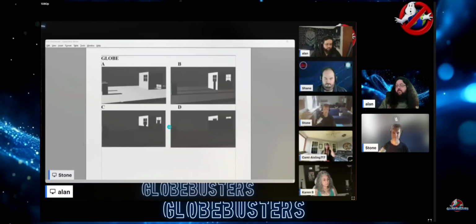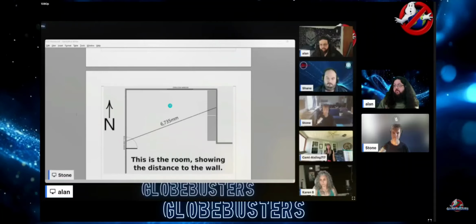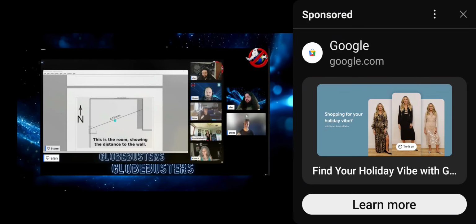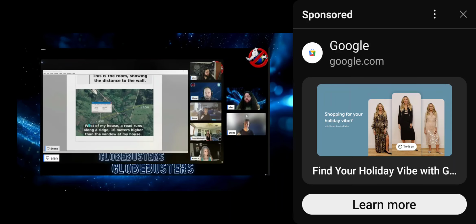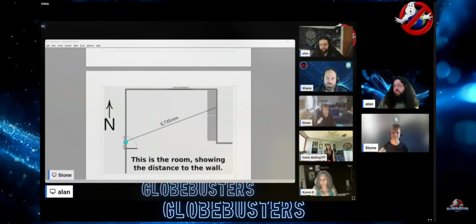So Stone did this observation a couple of months ago, and this was a follow-up to a previous one that he did, where the Globe lads requested more data to verify the positions of everything in his house where he made the measurements. So he made some nice diagrams here where we have the exact measurements from where the window is located, to the wall where the shadow is being cast, and then the exact height. He also has some outdoor geometry laid out for us. So at 228 meters away, there is a meter that's 16 meters higher than the actual window that's casting the shadow. So he even accounts for the terrestrial terrain.